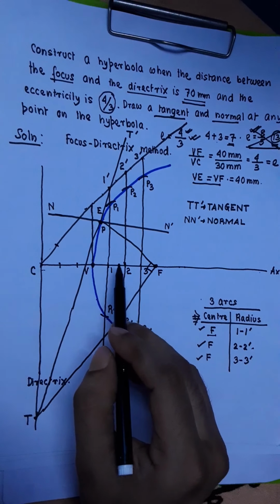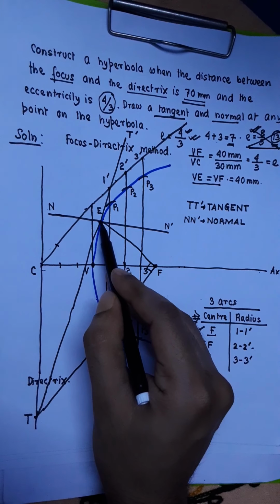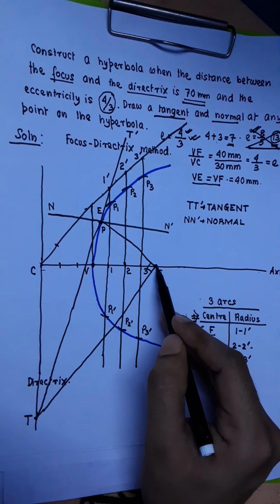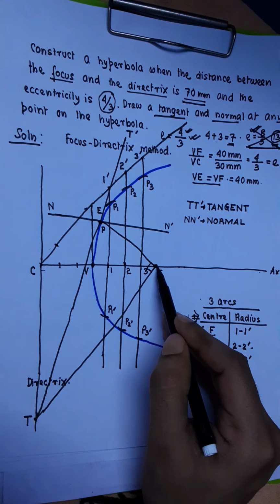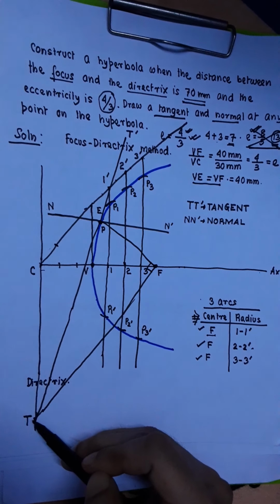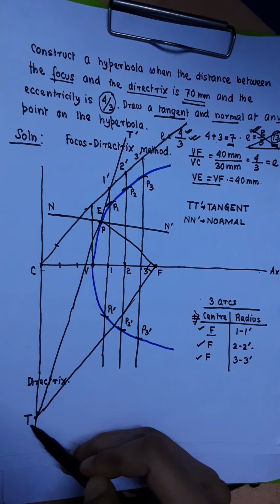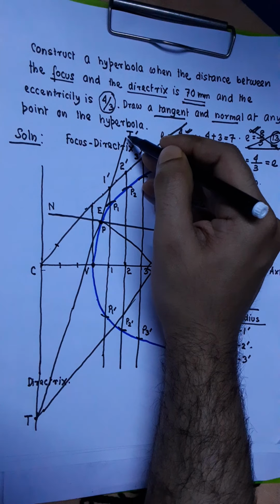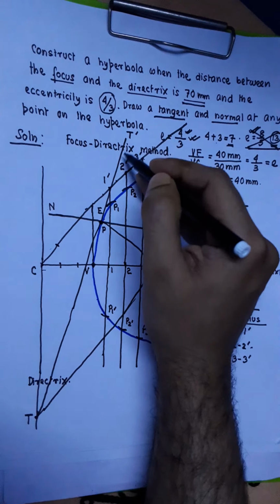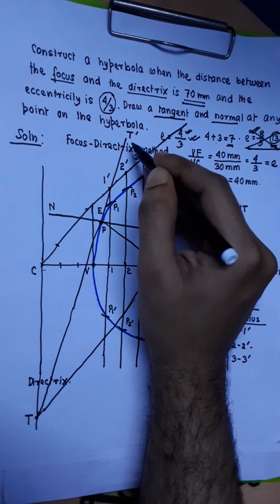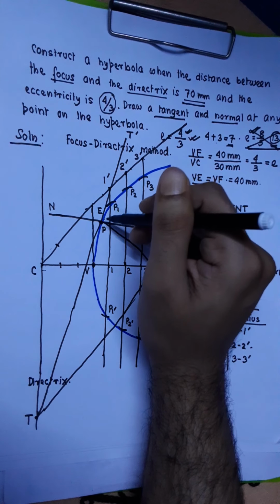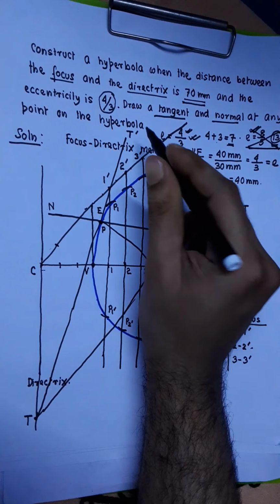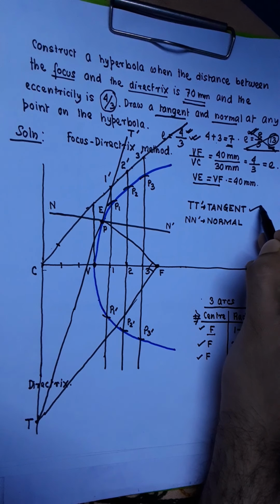Again I am summarizing the steps for drawing the tangent and normal. First you choose this point on the hyperbola where you want to draw the tangent and normal. Join the chosen point with the focus to get the line PF. Construct a perpendicular to this line and make it intersect the directrix at some point T. Join this T with the chosen point P and extend it beyond the chosen point P. The other end of this line you call as T dashed. You will find that this line T dashed intersects the hyperbola at only one point, and that point is the point P. So this T dashed becomes the desired tangent to the hyperbola.